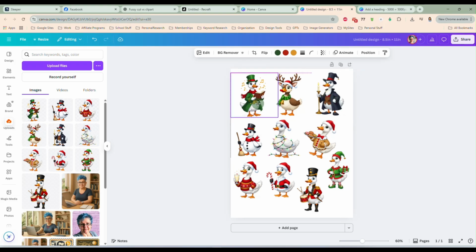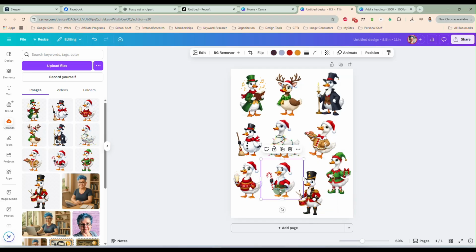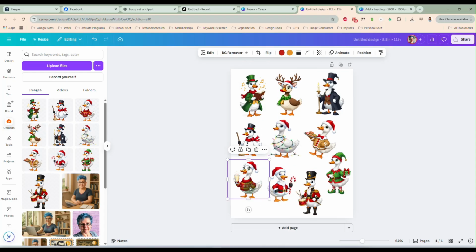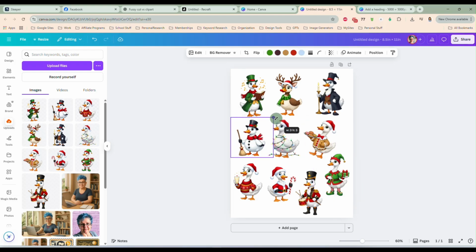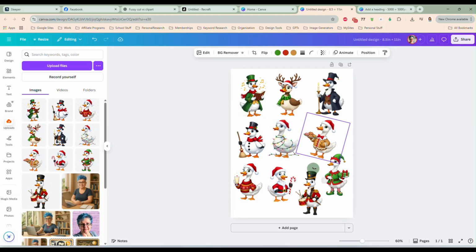cut these out. And you just want to make sure that you leave enough space between them that they can finagle with scissors if that's what they want to do, or that their cutting machine can create a border around these images to cut. And we are leaving plenty of space for that. They will be able to easily cut these out